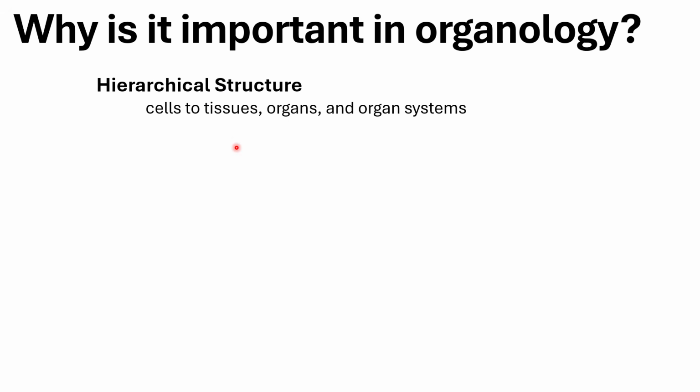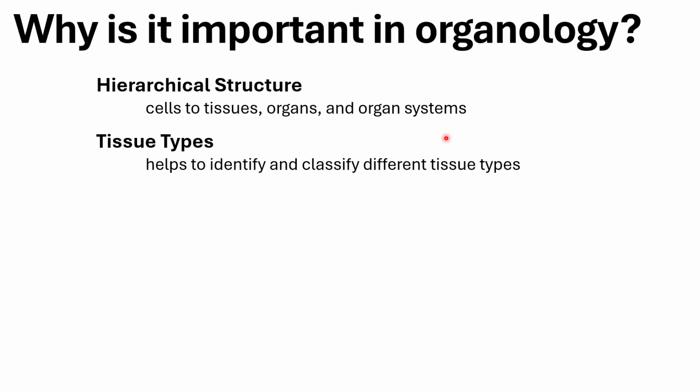And then these four basic types of tissue have a plan: which type of tissue needs to go over the superficial layers, which type should go in the deeper layers, what shape it should take, etc. And finally, which specific organs should be grouped together so that they can perform a common function that will serve the life of the animal or creature. Okay? And for the tissue types, it helps to identify and classify the different tissue types.